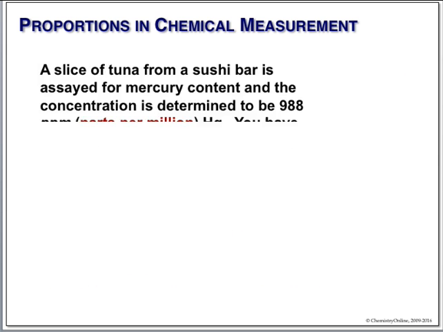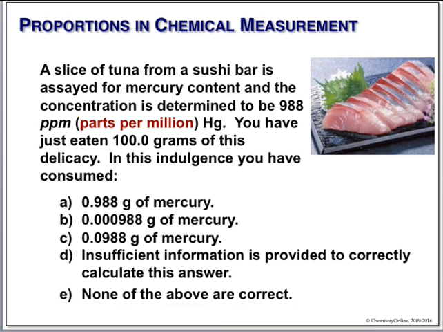All right, one more. This is one of my favorite ones. Ever heard people talk about parts per million and parts per billion? You know, when you go swimming in the lake, they tell you there's so many parts per million bacteria in there, and you shouldn't swallow whatever you do, et cetera. Well, parts per million and parts per billion are simply ratios. What it means is 1 part of something per million parts of something else.